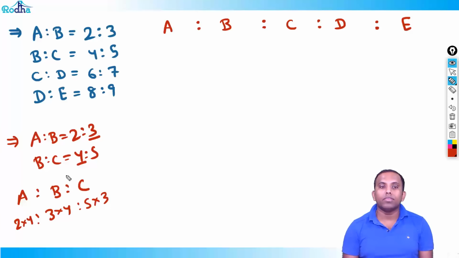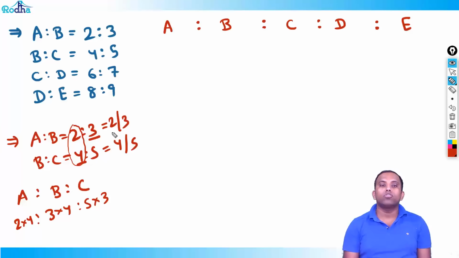So if you observe here, A is 2 into 4. That is the combination of all the numerators. If I write 2 is to 3 as 2 by 3 and 4 is to 5 as 4 by 5, then 2 and 4 are the numerators. So A is 2 into 4. B is the first denominator and second numerator, that is 3 into 4, and C is 3 into 5, all the denominators. This is a general pattern in two ratios. We can find that pattern in 3 ratios, then 4 ratios.